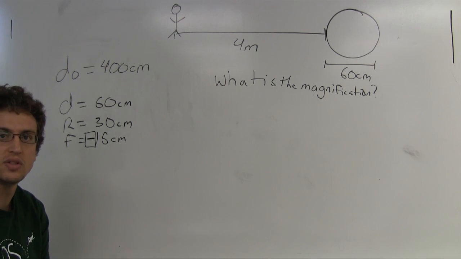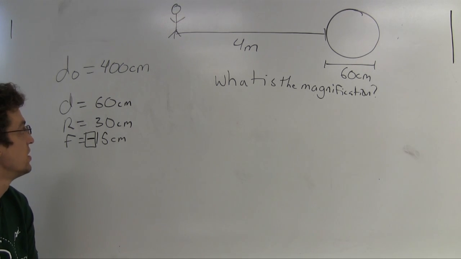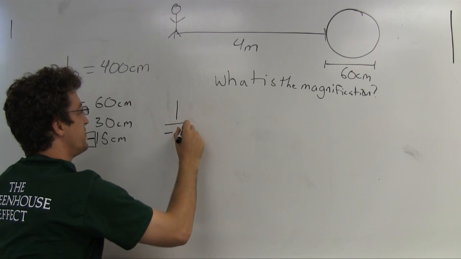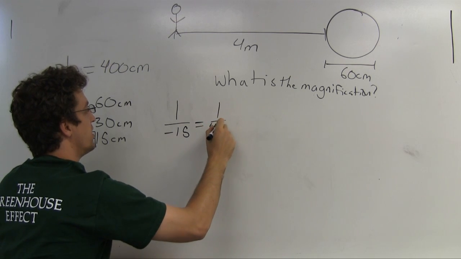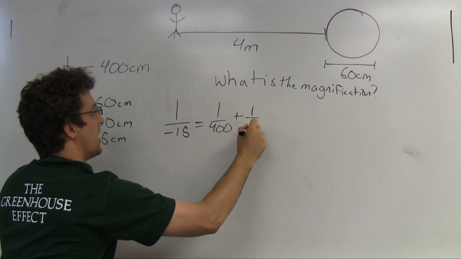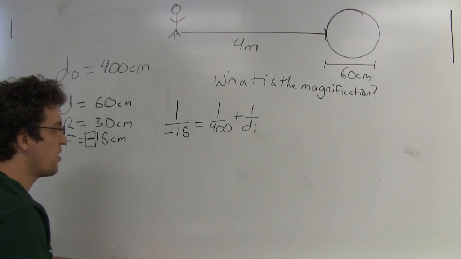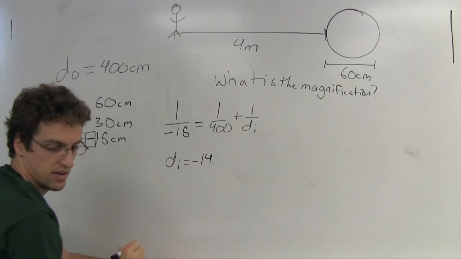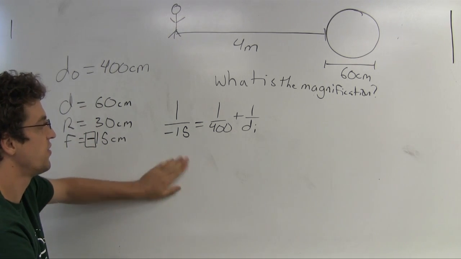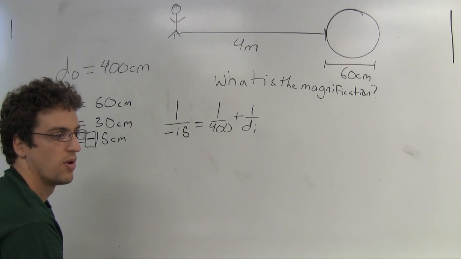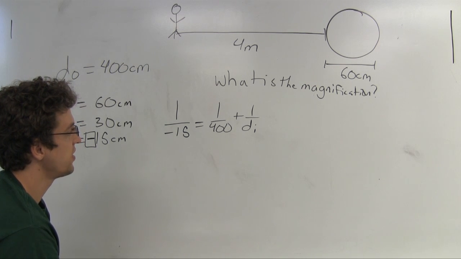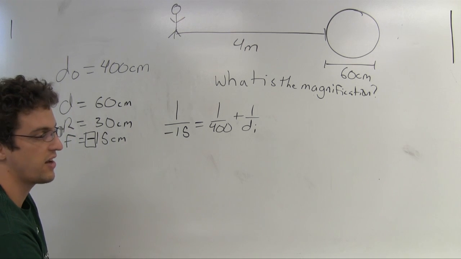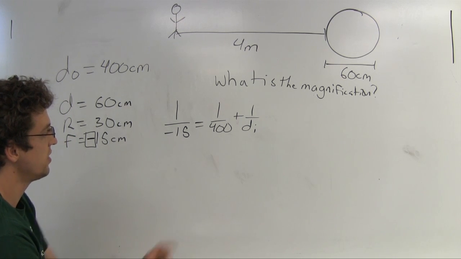So with that, we can then use the mirror equation. And we get that 1 over negative 15 equals 1 over 400 plus 1 over d_i. From that, we should get that d_i is equal to negative 14 point. Actually, I'm going to solve this out here a little bit. So the first step here would be to multiply through by everything. We could actually multiply through by all the denominator values. All right? So we would get